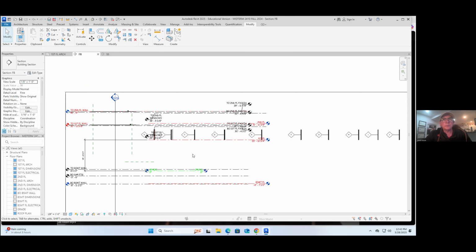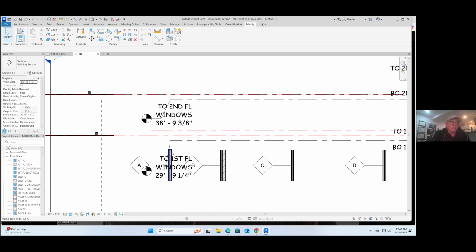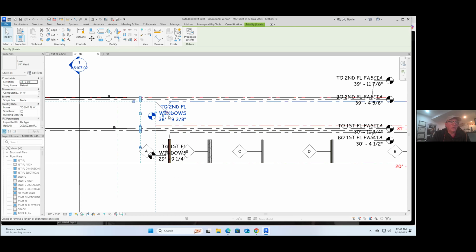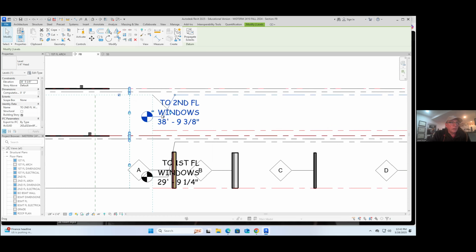So now you want to spend some time organizing those levels by dragging them to the left so that they cover all of your stacked walls. So let's click on any level, doesn't matter which one, that's a wall, click on the level. Okay, now let's pan over to the right. We want to go all the way over to the right. No, we just want to